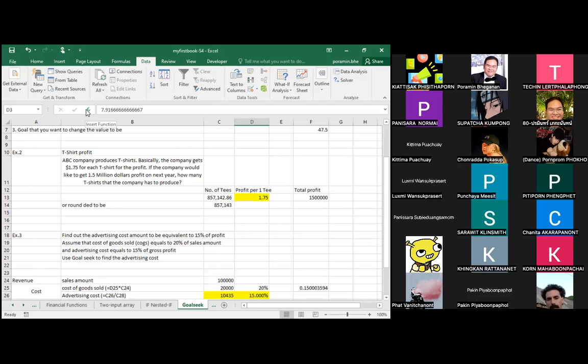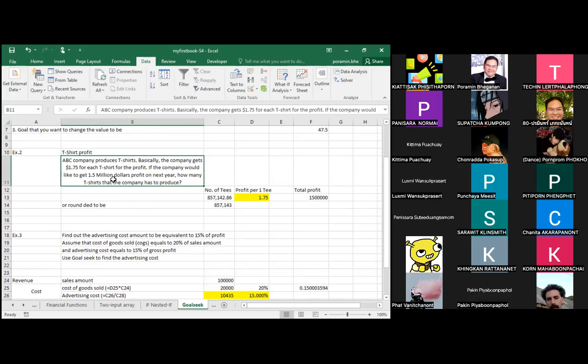First, we may do the same way as goal seek: we backtrack what the problem wants. In example number 2, it asks how many t-shirts to produce to get $1 million profit. That means you have to know the profit per 1 t-shirt first,